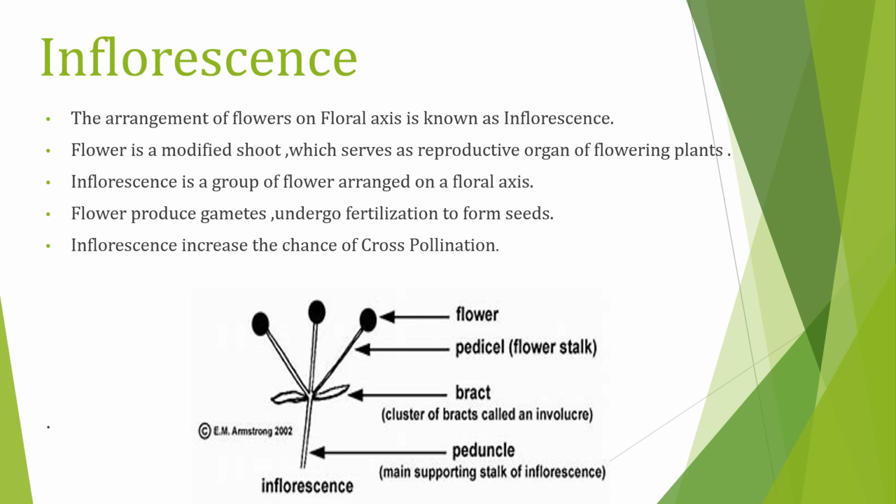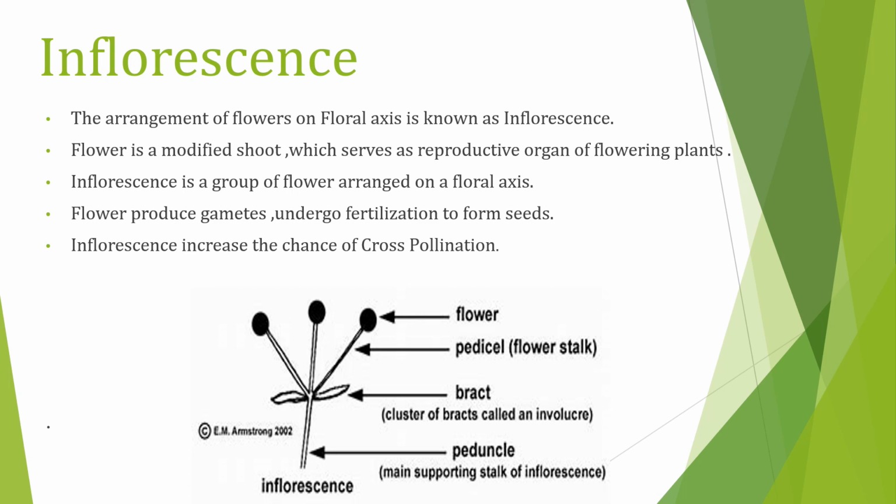The main difference between flower and inflorescence: a flower is a modified shoot which serves as the reproductive organ of the flowering plant, whereas inflorescence is a group of flowers that are arranged on a floral axis. Now these flowers, they produce gametes and undergo fertilization, and after fertilization they form seeds, while inflorescence increases the chance